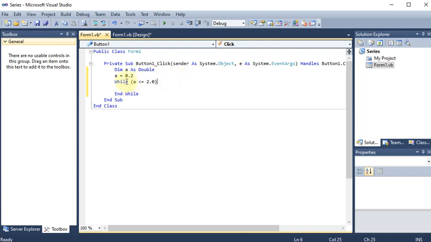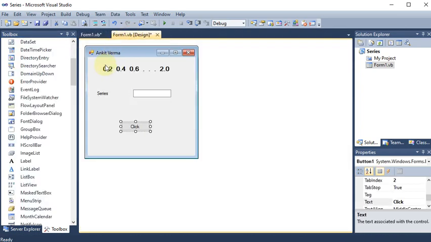So that this while loop runs here. Now understand what is while loop. While loop is basically a looping which will keep on repeating inside statements until the condition is false. And for the while we are having the end while because there are no brackets in .NET, just like in C programming we are having the brackets, but here we are having no brackets. So while with the end while, if we see class ending with the end class, this is one block. Sub, which is a function ending with end sub, this is a block. Inside that, while with the end while, this is one block. So here we are going to write the code now. You can see that we have taken the first number 0.2, we have taken the last number as the condition.